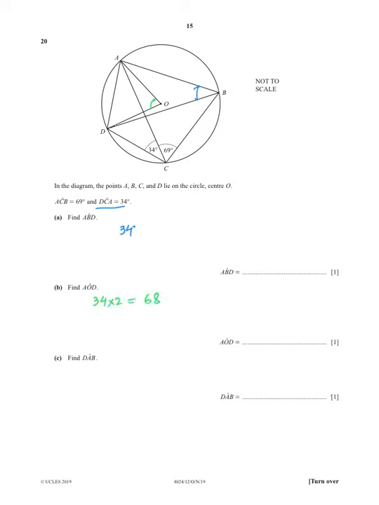For the next part it says DAB, and DAB means that now you need to find this angle. Alright. If you observe that it's A, B, C and D, it's a cyclic quadrilateral, you can say that angle A plus angle C equals 180. The value of angle C is 69 plus 34, and this equals 180. Solve them, you will get angle A equals 77, and that is your answer.